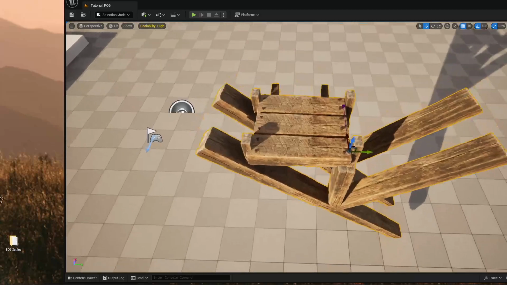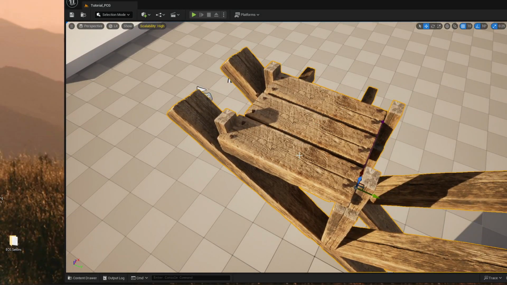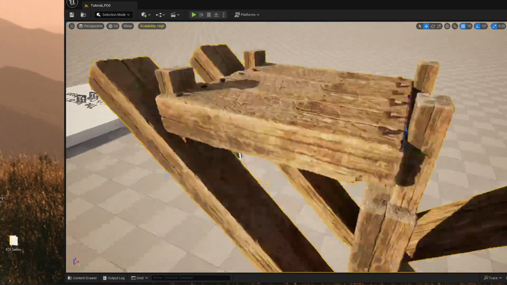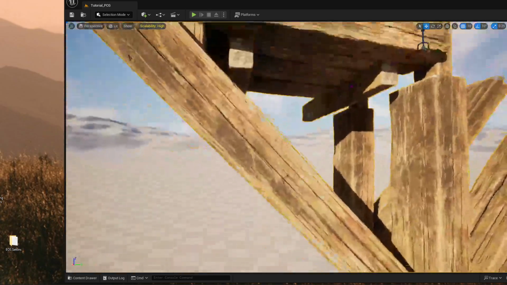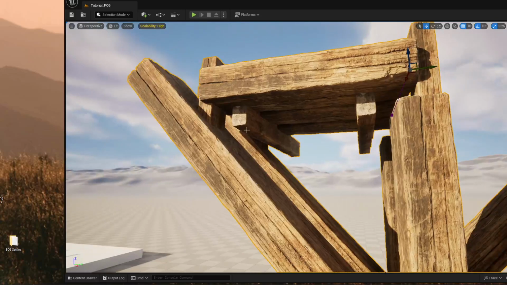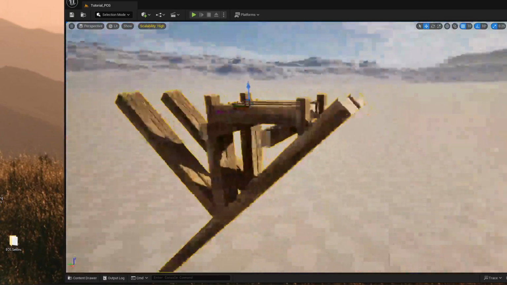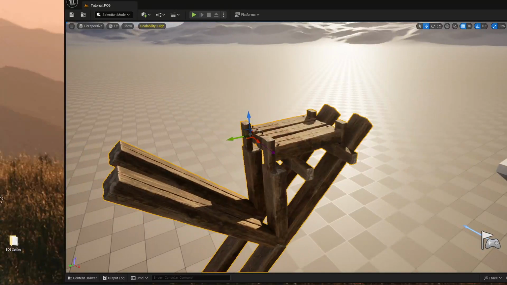Now, we can see here that we've got these individual blocks of wood. We've got nails inside the wood holding it down so it looks realistic. And we've got these little underneath pieces of wood as well. So it looks like it's completely supported. This was made out of 2 meshes. This is an incredibly light